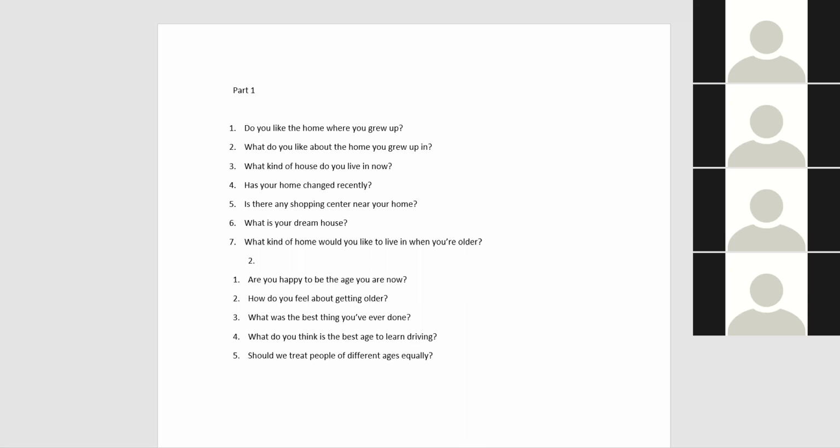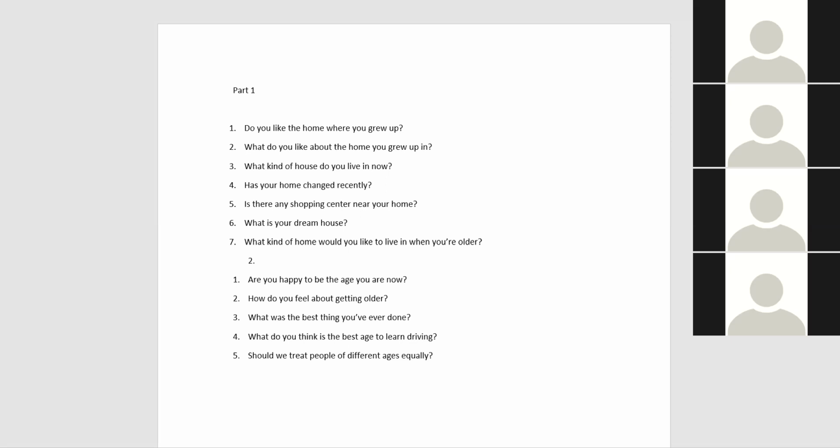All right. Anybody else? Should we treat people of different ages equally? I would prefer that we treat people of different ages equally in certain scenarios, so that we can respect them, no matter what age they are. But for career purposes, we can't approach this in the same way, so we have to consider other factors as well. Professionally, sometimes, designation wise. Okay, fine. This is a nice idea. All right.